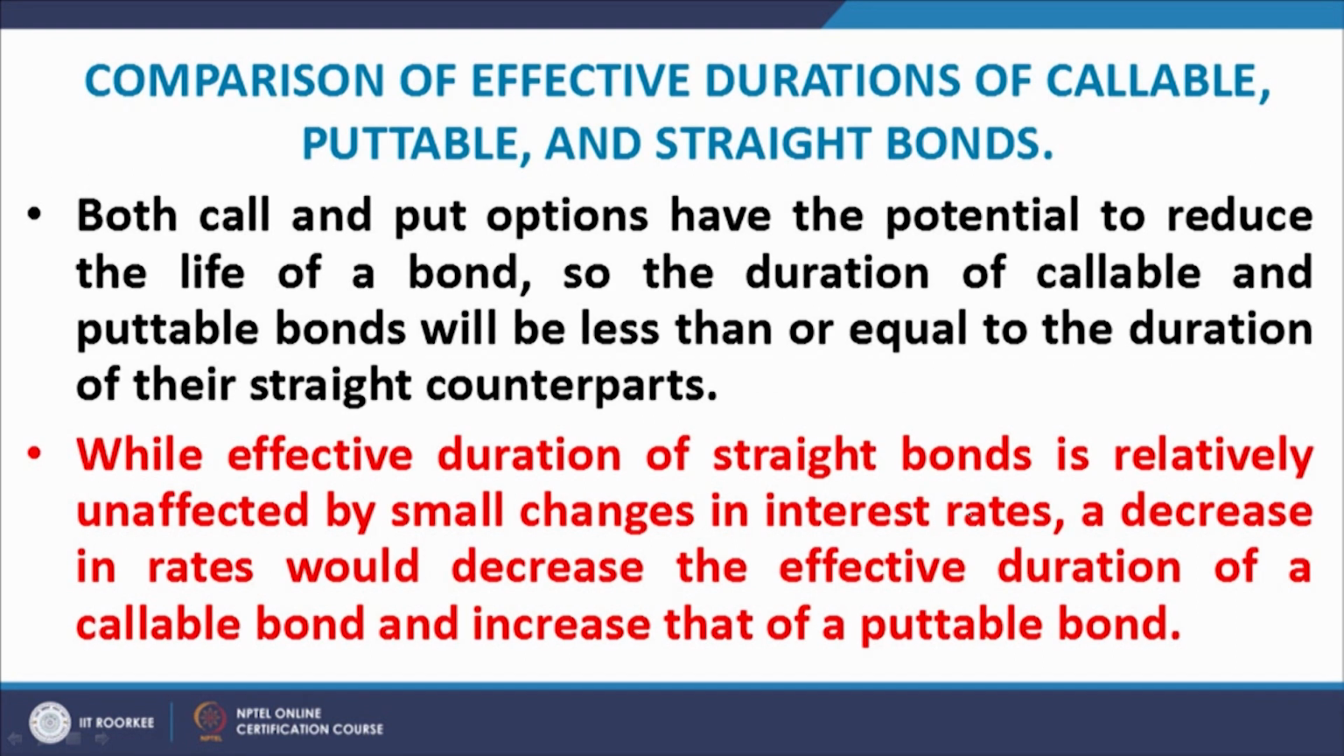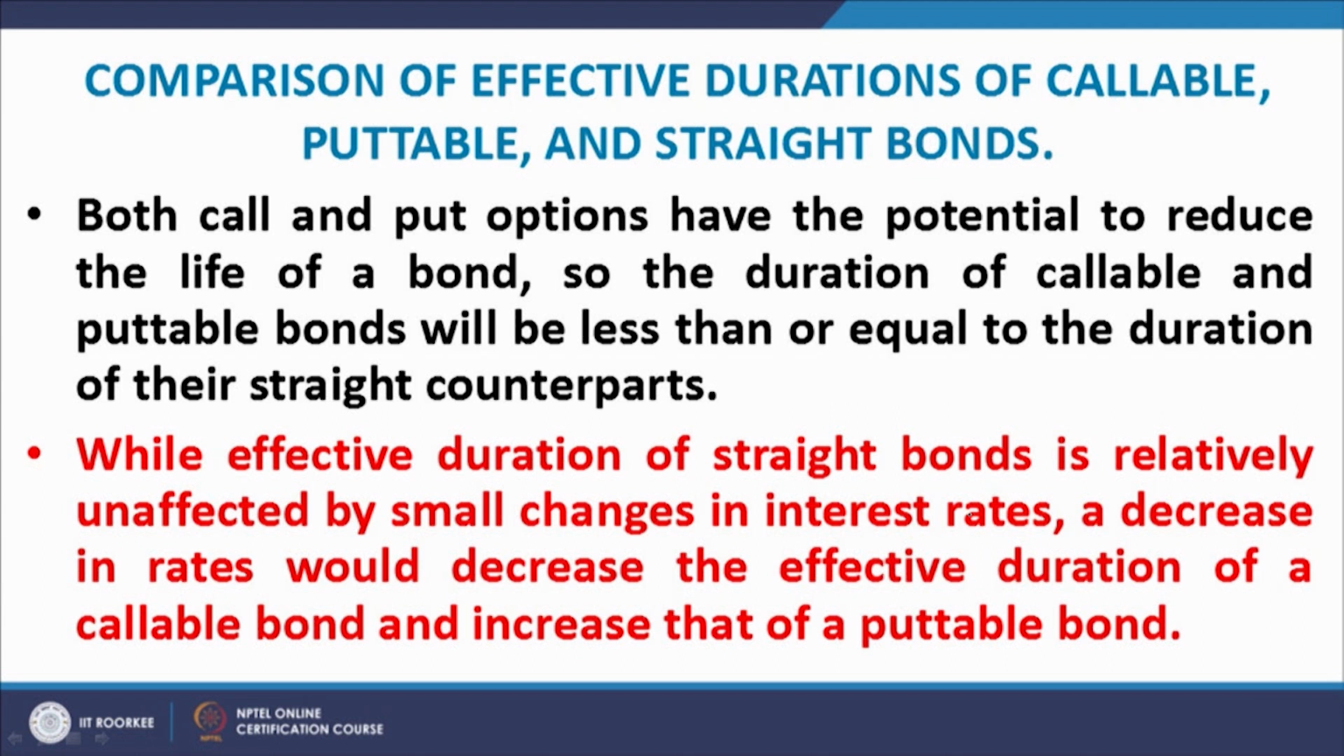Comparison of effective durations of callable, puttable and straight bonds. Both call and put options have the potential to reduce the life of a bond, because if the option is going to be exercised earlier, naturally the life of the bond is going to be reduced. So, both call and put options, in the event that either of the options turns out to be in the money, the presumption is that the option holder, the person who is long in the option, will exercise the option, and whenever he exercises the option, the bond closes out,